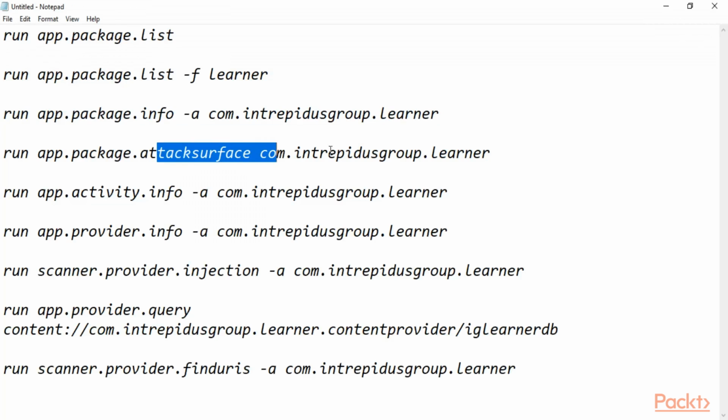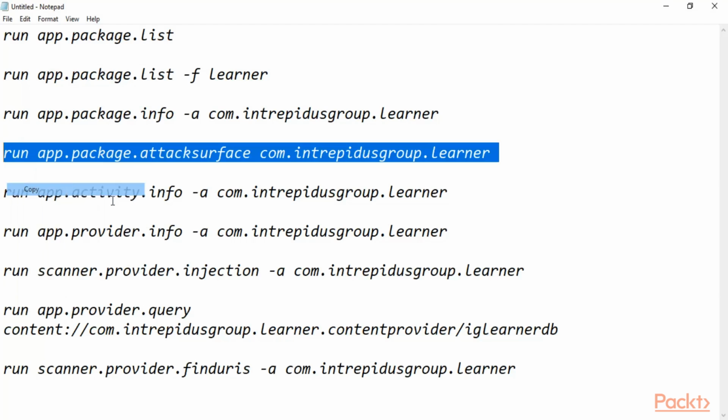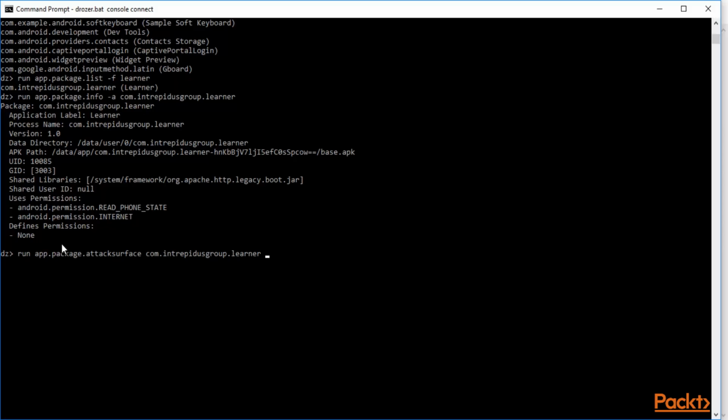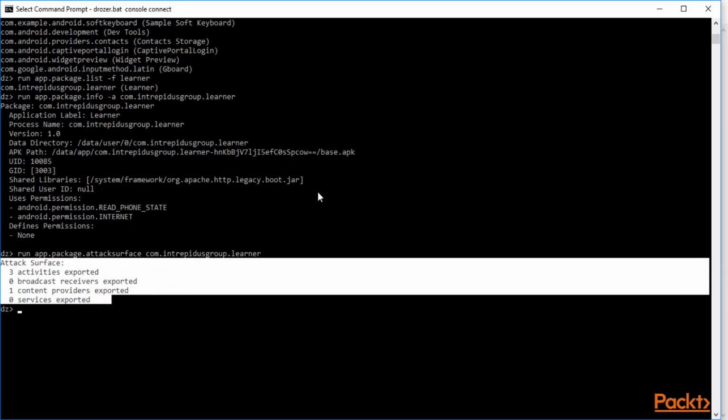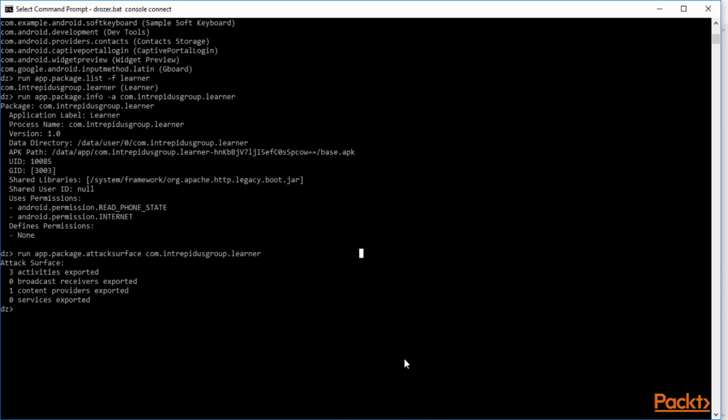Attack surface: you can also get information about the attack surface. Just copy this, paste it here and hit enter. It will provide information about the attack surfaces regarding this package: 3 activities exported, 0 broadcast receivers exported, 1 content provider exported, and 0 services. So it gives you information about the attack surfaces in the particular package. Great.